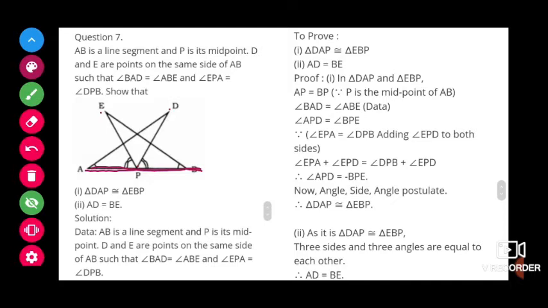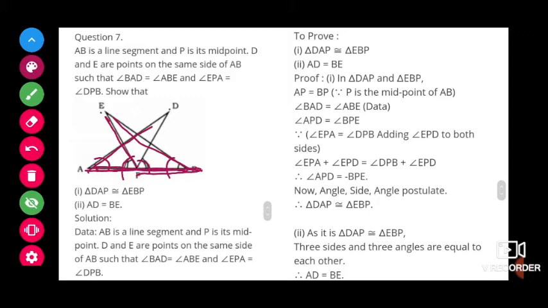Now such that angle BAD, where is the B? Here, BAD, so this angle, and ABE, this angle, these both angles, and angle EPA, this angle, and one more angle, DPB, this angle,